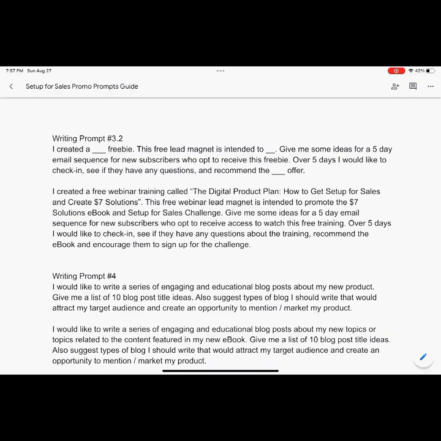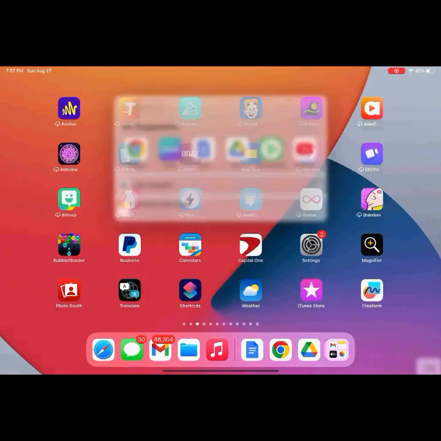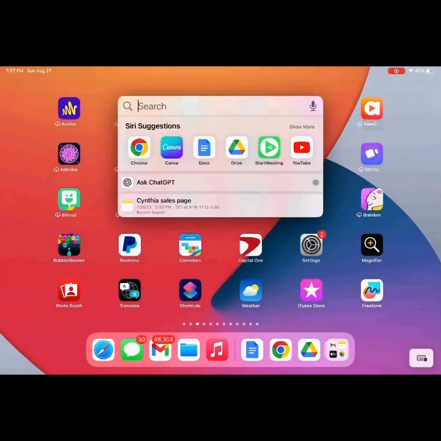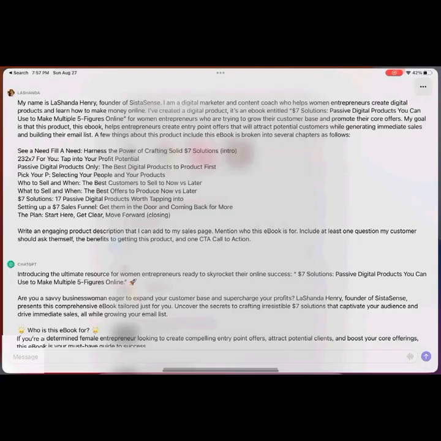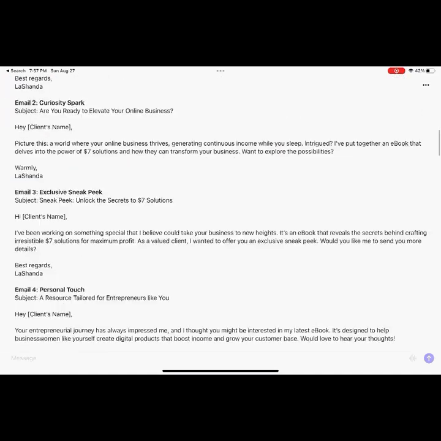So number one, you can work on the graphics yourself, but if you need support, check in. I do have packages to customize graphics for you. Number two, you can work on the writing yourself, but you could also do that with me via a call or using the ChatGPT platform. So 2 days ago, when we started talking about promoting, I went over to ChatGPT. I'm going to do that real quick just to give you a recap of the different strategies that I want you to think about when it comes to conversion, right?